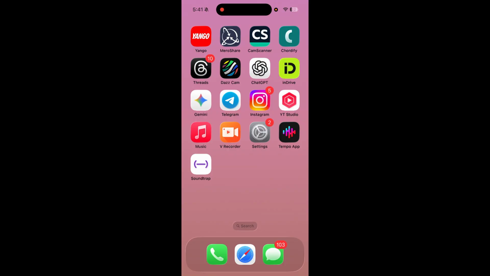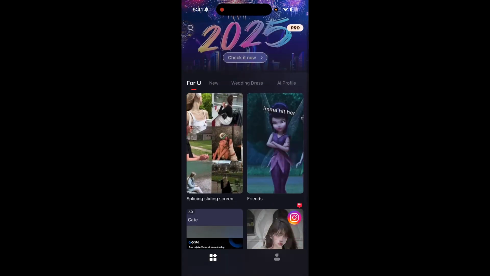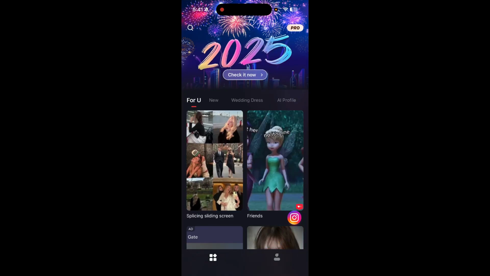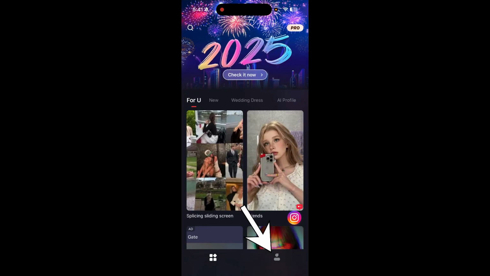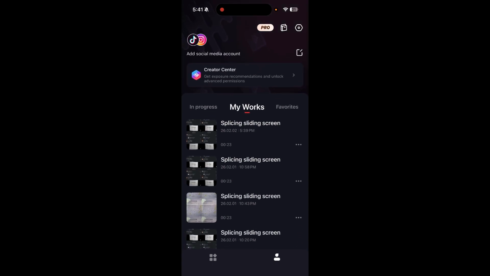If you do not have it, you can go to your App Store or the Play Store and download it from there as well. And when you reach this dashboard, you'll find a lot of templates. You can simply create from scratch, or you can go to the drafts by tapping on the bottom right profile icon. Over here you can select any of the drafts of your previous work by simply tapping on